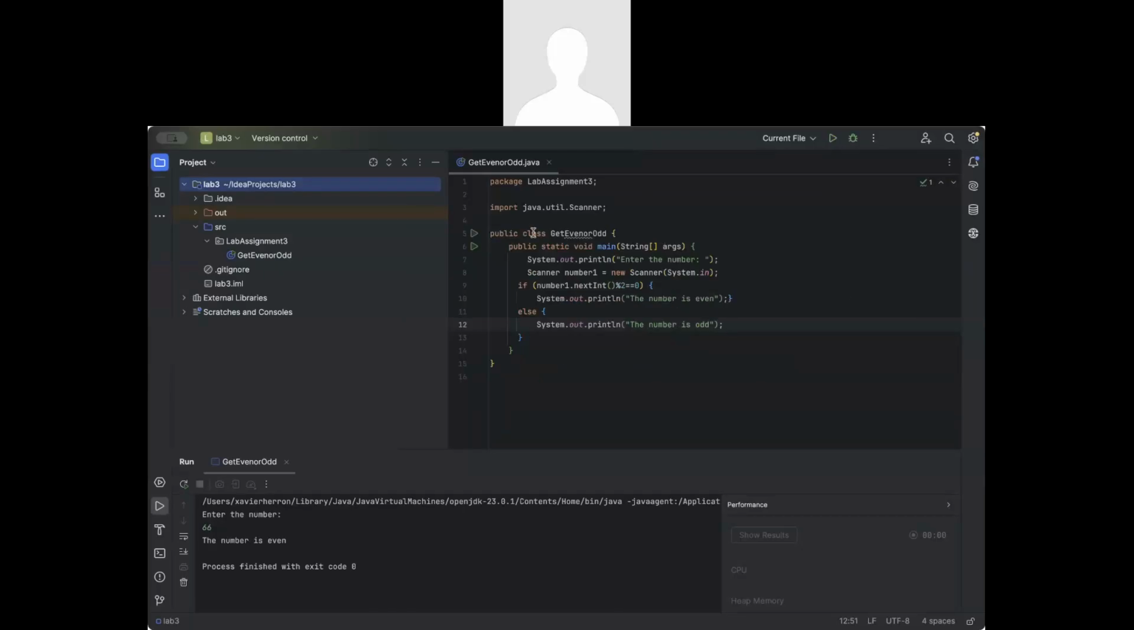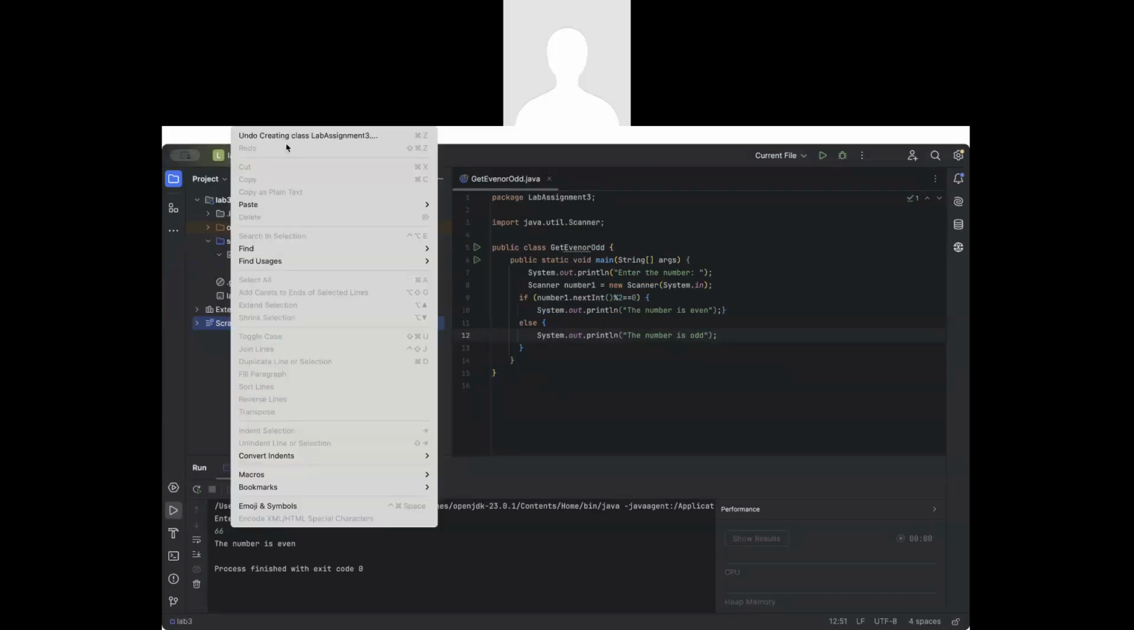Okay, so this is the program that I'm about to recreate, hopefully very quickly. We're just doing if-then statements, and we're going to determine if the number that we input is even or odd. So I'll start with,